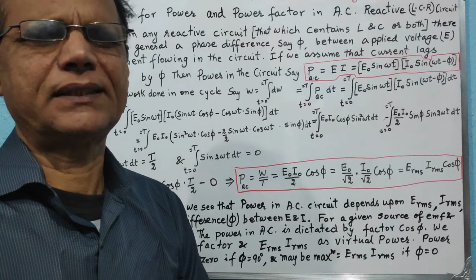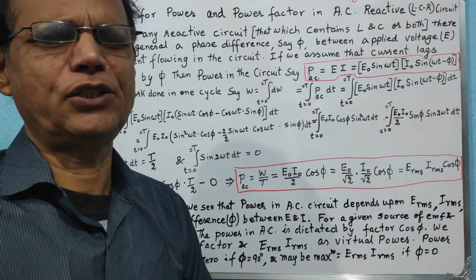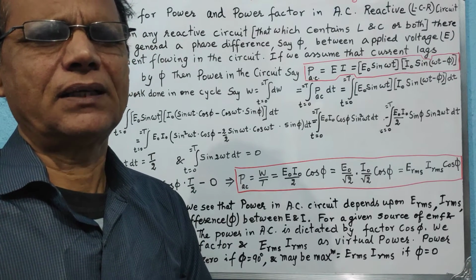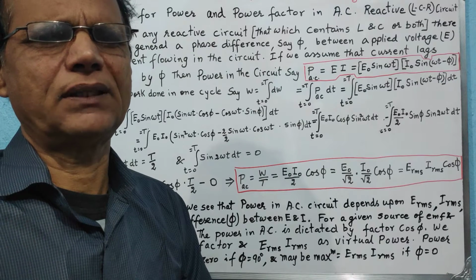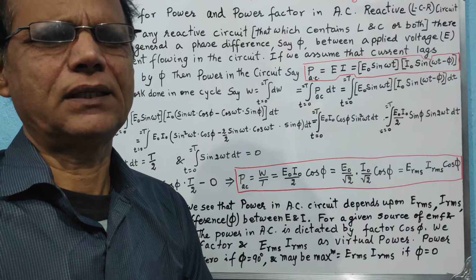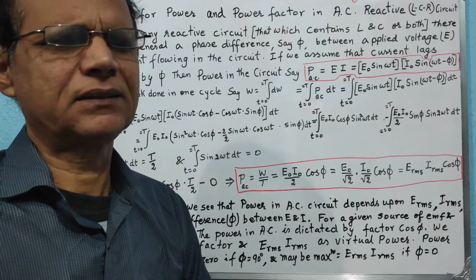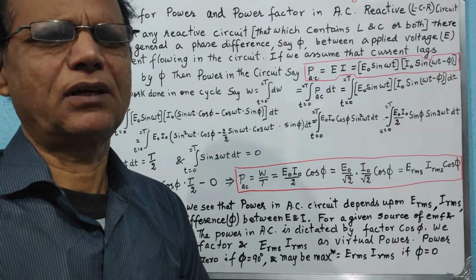Well, if we have a circuit which is a combination of these two, we will have a different reactance taken together, which we call impedance, and we shall derive the expression for that in the coming topics of this chapter.